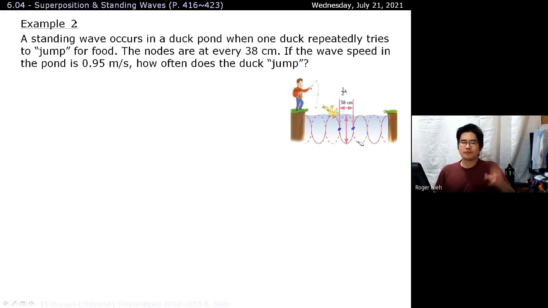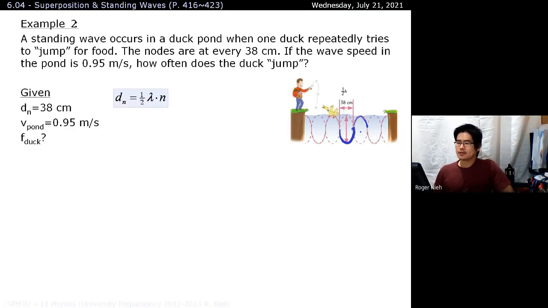And if you recall from before, as I mentioned, that does not represent a full wavelength. That is only half a wavelength. So if I want the real full wavelength, I'm going to take that number and I'm going to double it. That's the logic behind it. Okay, and that's why the formula looks something like this: dn is equal to half lambda,